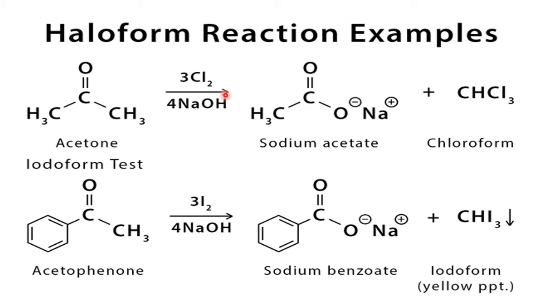Such reactions are called reactions in situ. In chemistry, we use some abbreviations, situ. Situ means situation. It is the short way of writing situation. So depending upon the situation, we prepare that chemical, and that chemical we use immediately, because it is a highly unstable chemical. But it is a very important chemical to test the methyl ketone to carry out the haloform. That unstable sodium hypohalite we get by the combination of halogen and the alkali.